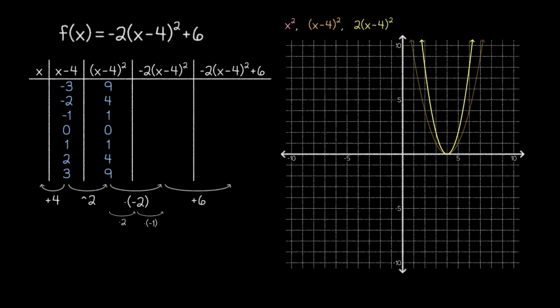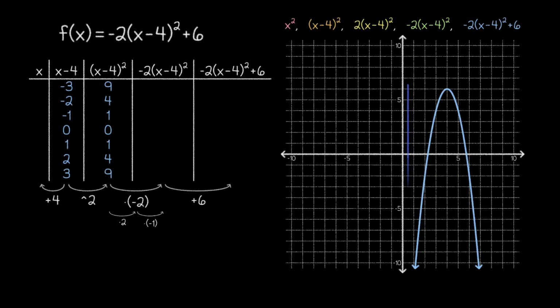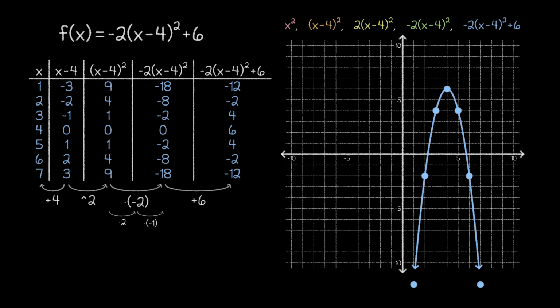After that, though, we need to incorporate the negative aspect of the -2. This is going to result in a vertical reflection over the x-axis, which will look like this. Finally, we can take the addition of 6 into account. This is going to shift our graph vertically, so let's perform that translation of 6 units upwards. This gives us what should be our final graph, so now we can complete our extended table, plot the points we get, and see that our final blue graph was correct.